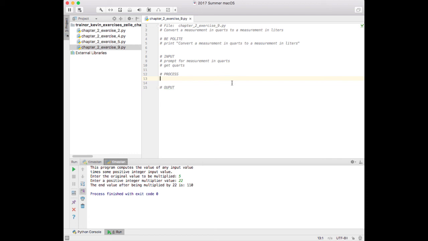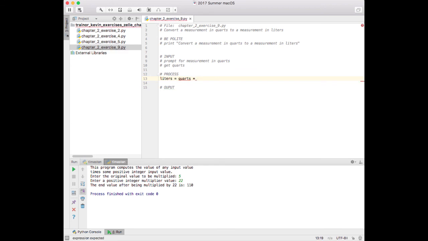Well, usually in this kind of a converter, it's just a one-line conversion where we assign an expression to the variable that's going to hold the output. So the output's going to be liters. So let's say liters, and let's have equals. I can't emphasize enough that equal sign is just assignment. Liters gets assigned the value of quarts, and that's going to be times